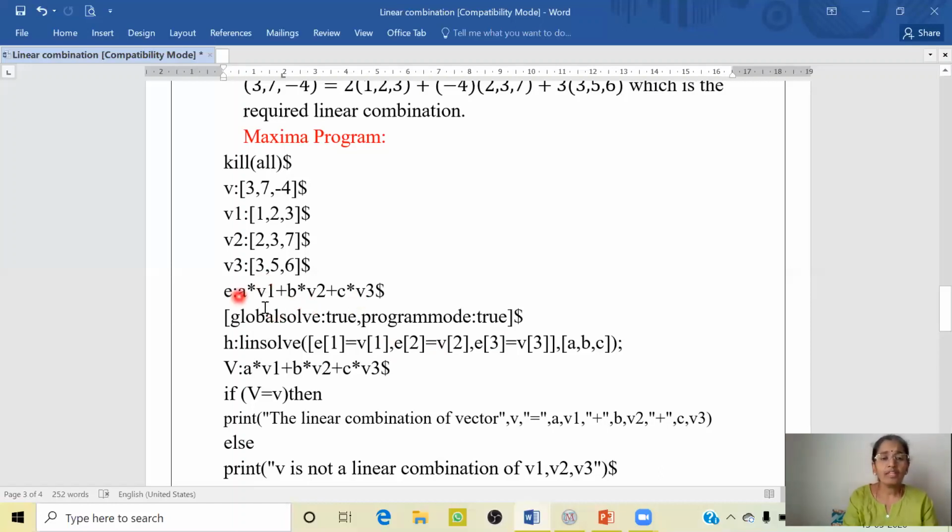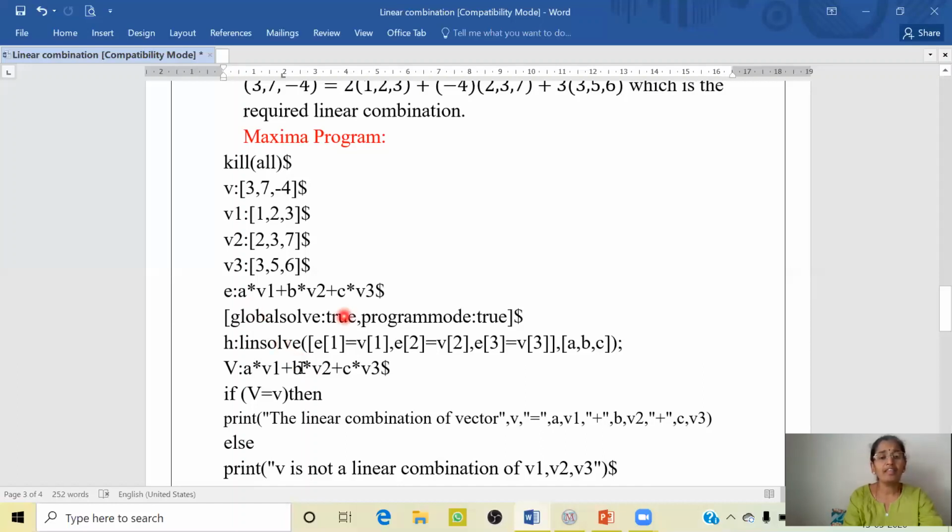Here we have written only the linear combination. So we are equating this to the vector to be expressed as a linear combination of these three vectors. So we put it in the form of our user variable h, and we are going to give linsolve. And this linsolve is the command which solves the list of simultaneous linear equations for the list of variables as